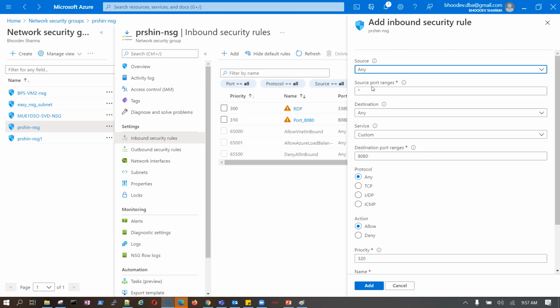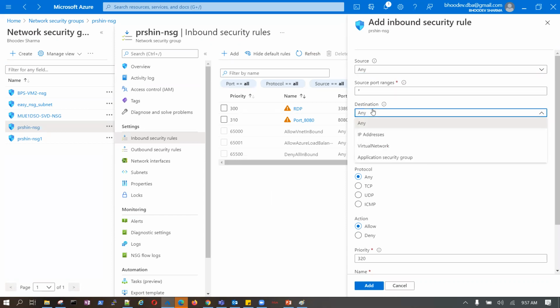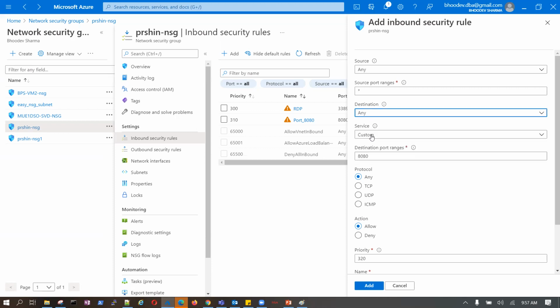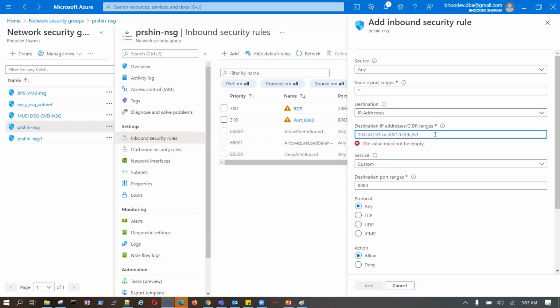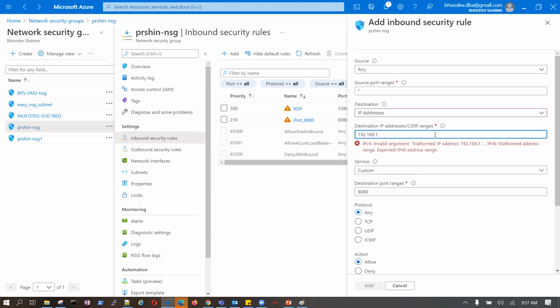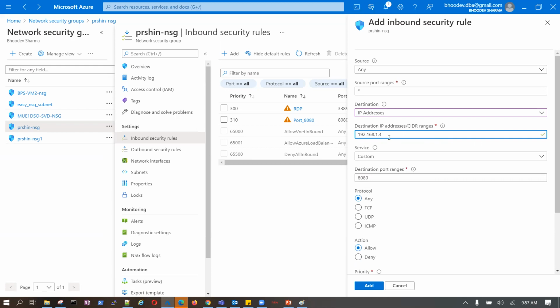I can also connect. Source port range, is there anything? We can define it. Destination, where I want to go: I want to go to an IP address, 192.168.1.4. If I say this, it is going to a specific server, right?